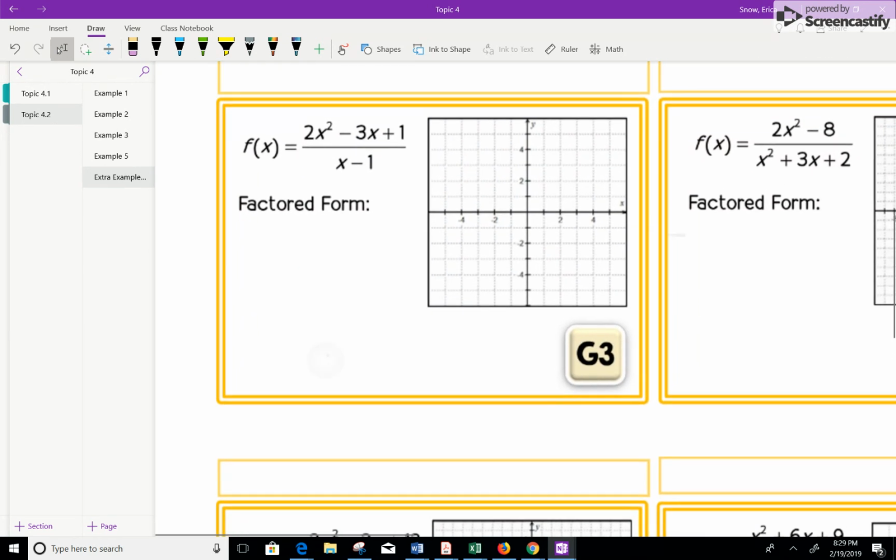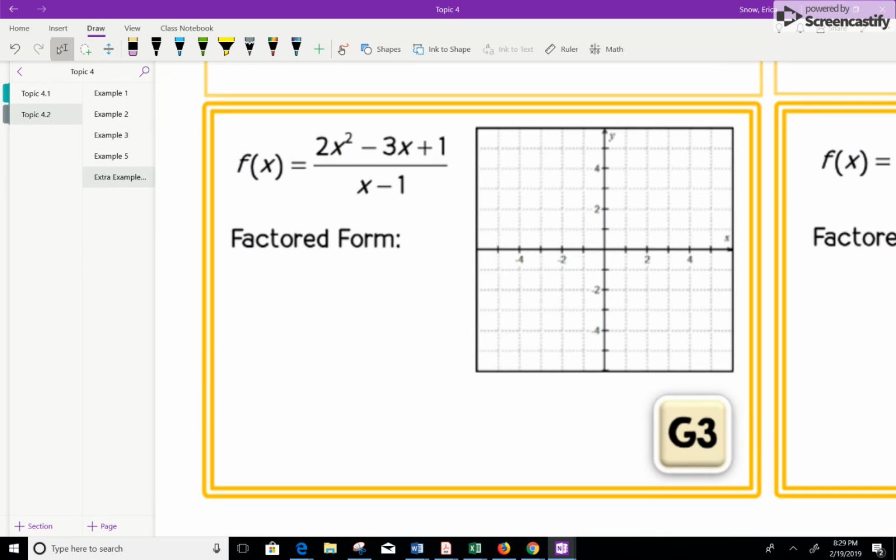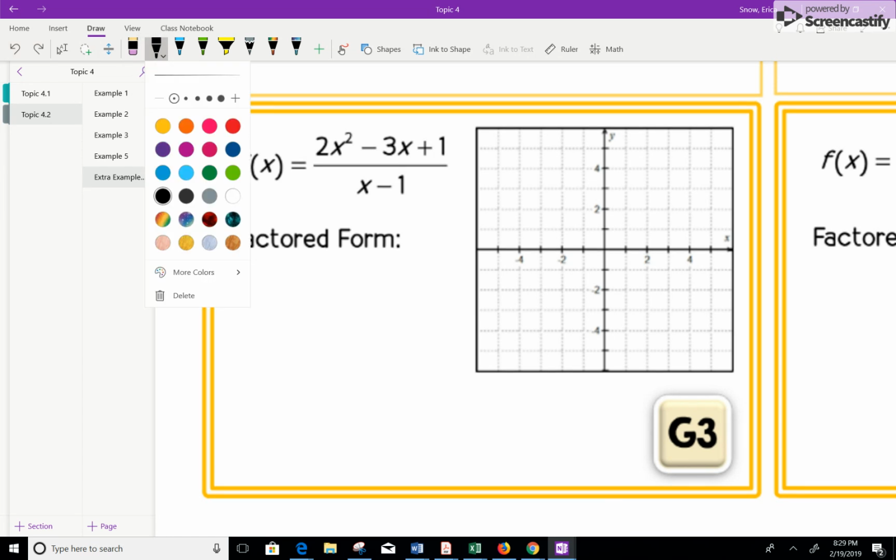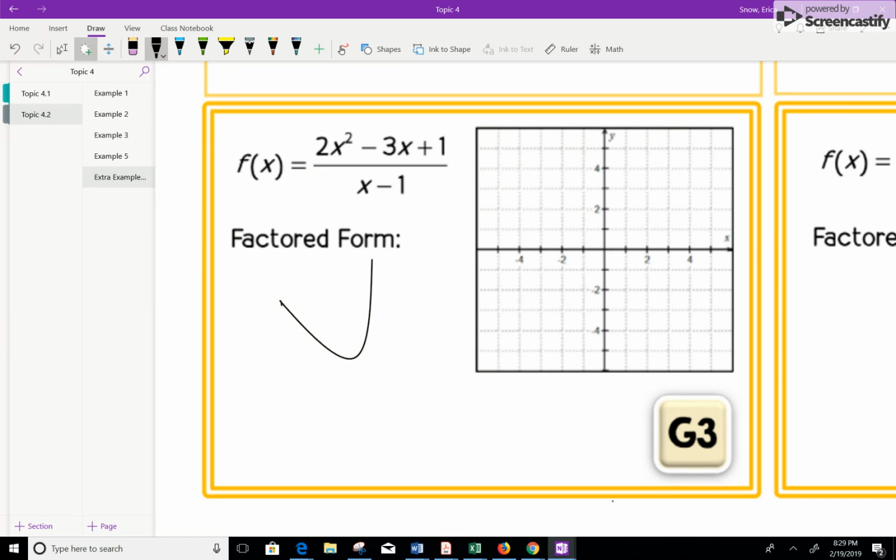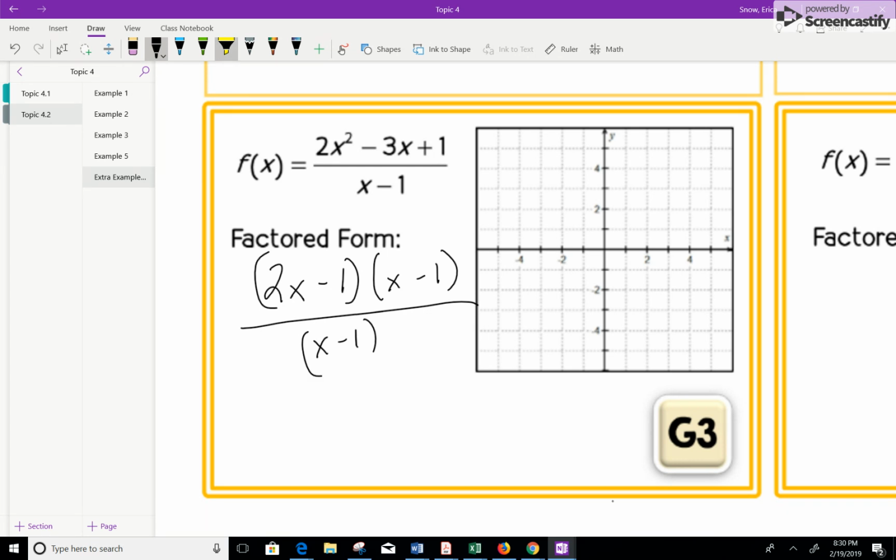Okay, let's look at example 3. First step again is to factor. So our factored form is going to be 2, I'm going to make this smaller, 2x minus 1 and x minus 1. And then on the bottom, we just have x minus 1. So here again, notice that these cancel. So we have that hole